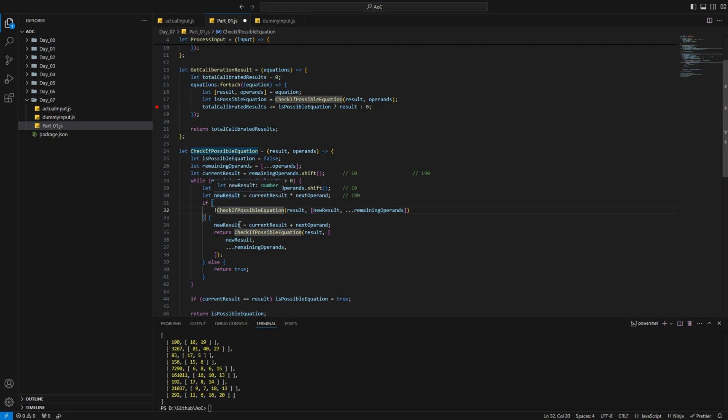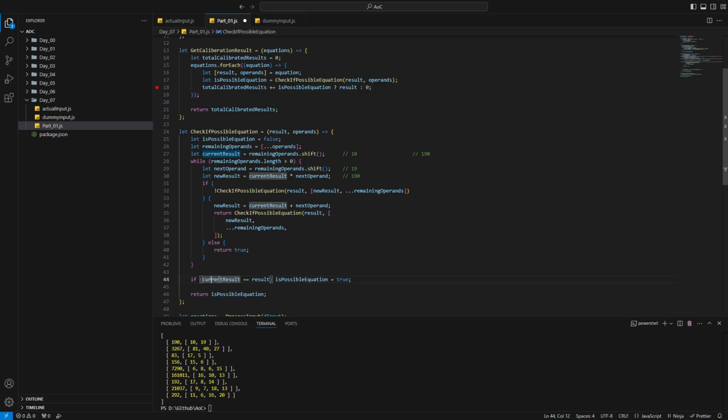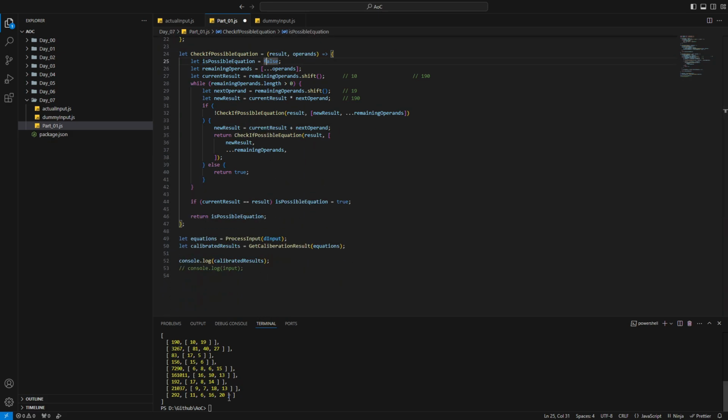So now in our example of 10 and 19, it will go into the loop again. This time the result will be 190, and the operands will be an array with element 190. So it will come here, the current result will be 190. It will not go into this loop since the remaining operands will become empty, and it will come here to the next part. Here it will check if the current result and the result are the same, then it marks it as possible equation true, and then it returns it. Otherwise, if these two are not equal and the number of operands were over, then it would return false, which is the default value. So with that,